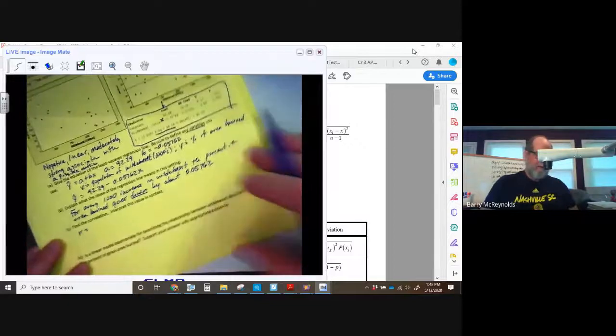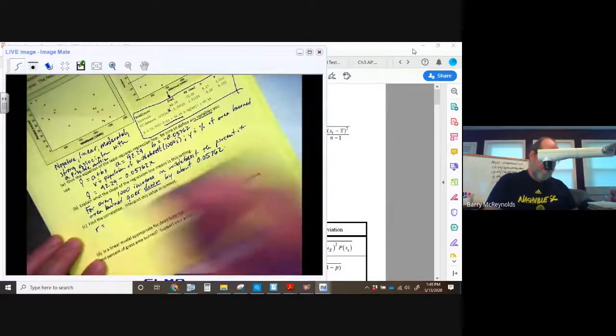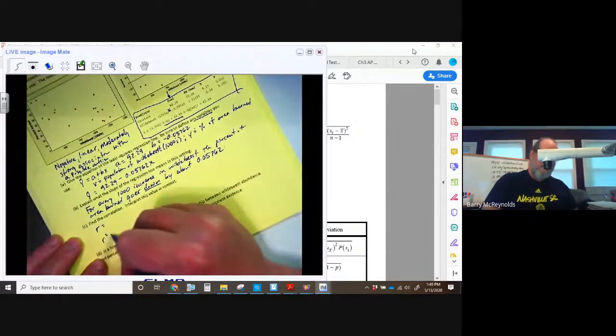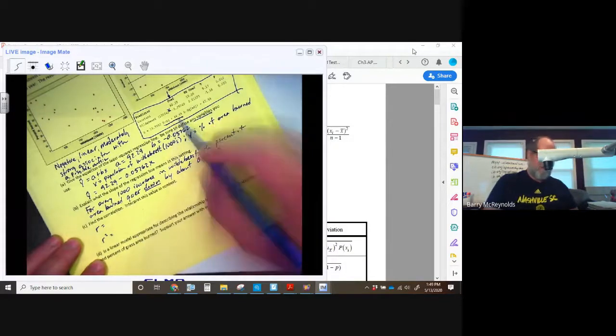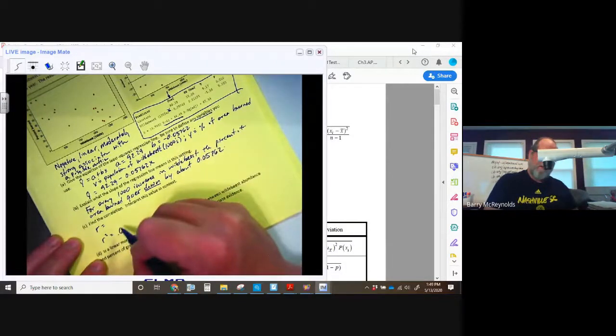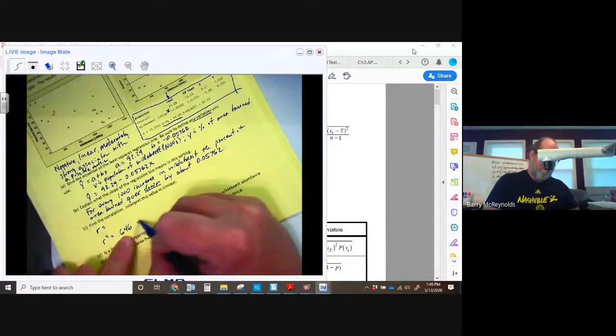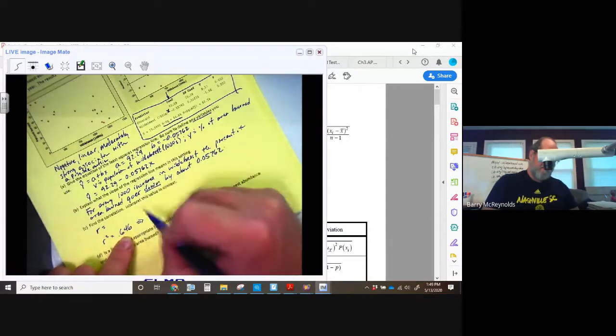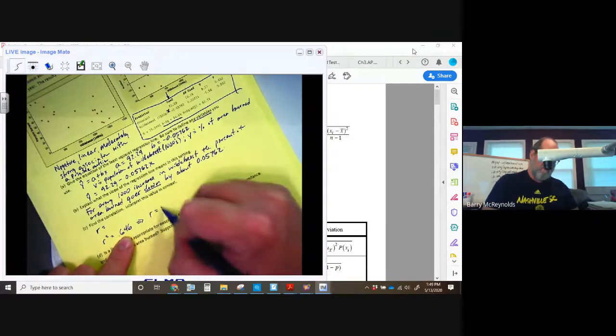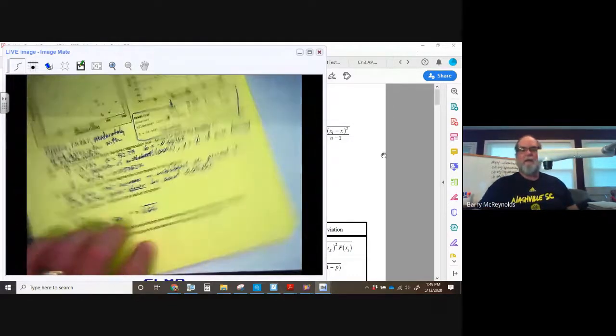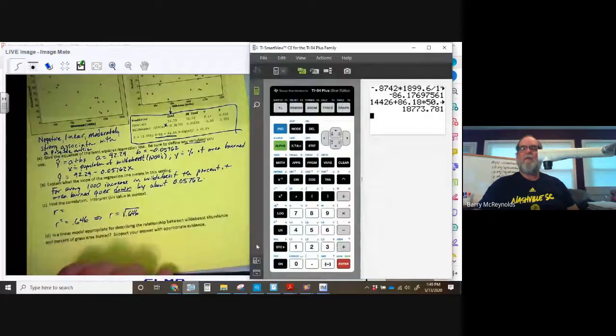And so if I know that R², and I need to convert this to a decimal, is 0.646,